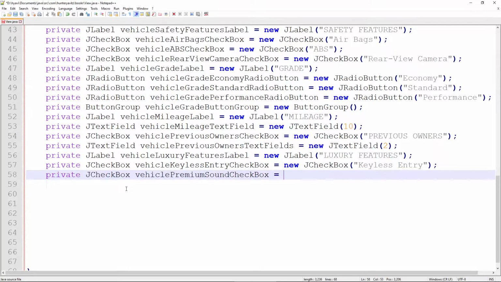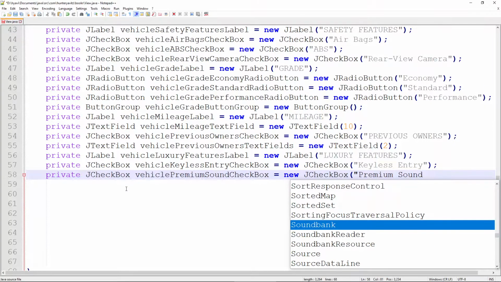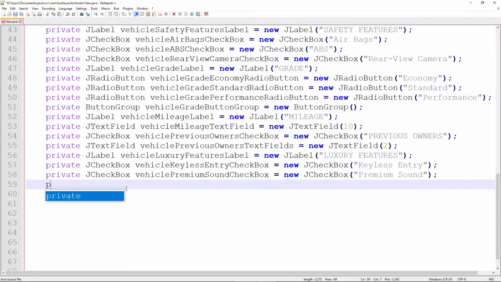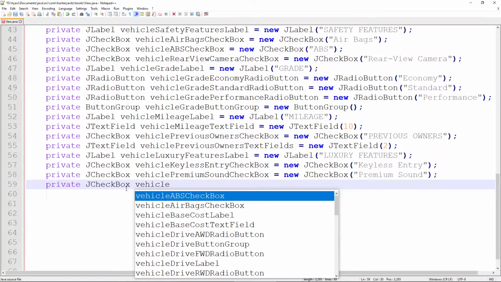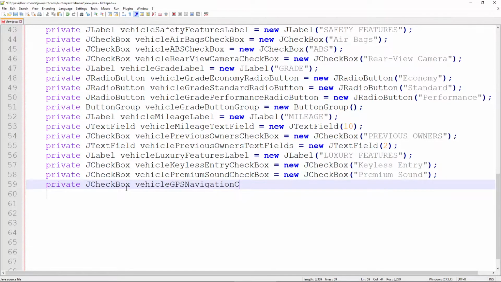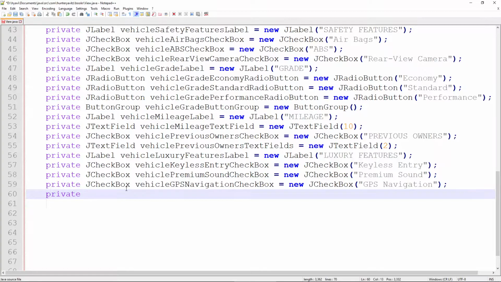And set this equal to a new JCheckBox, and just have it read premium sound. And lastly, we'll do the checkbox for the vehicle GPS navigation, and set that equal to a new JCheckBox, and just have it read GPS navigation, like that. And just like the others, we will go ahead and declare our button group,